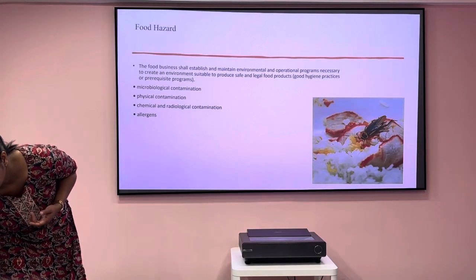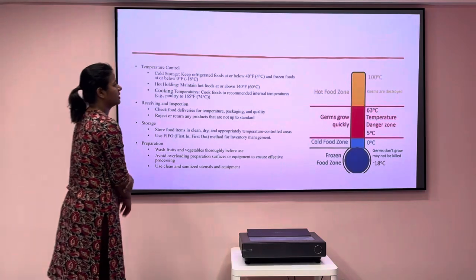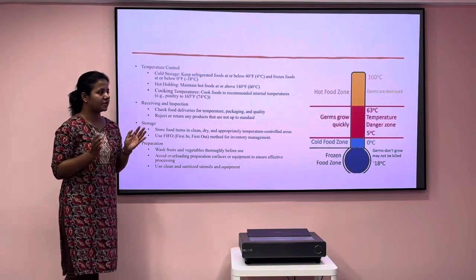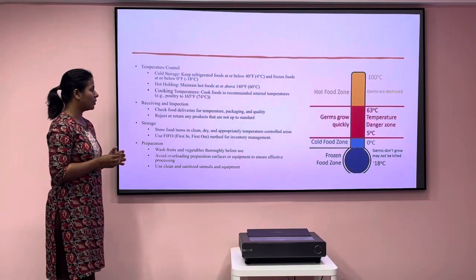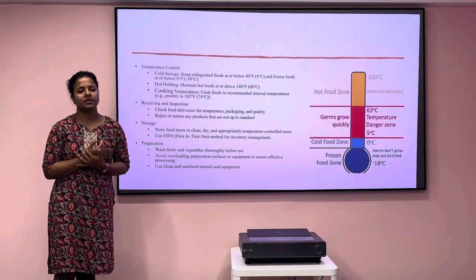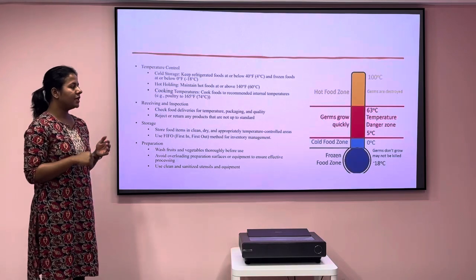And next is temperature control. According to Dubai Municipality, we need to maintain the temperatures: chilled food 1 to 4, frozen -18 to -23, hot holding 60 degrees, and cooking temperature 74 to 75. We need to maintain these temperatures, and if we are not maintaining them,